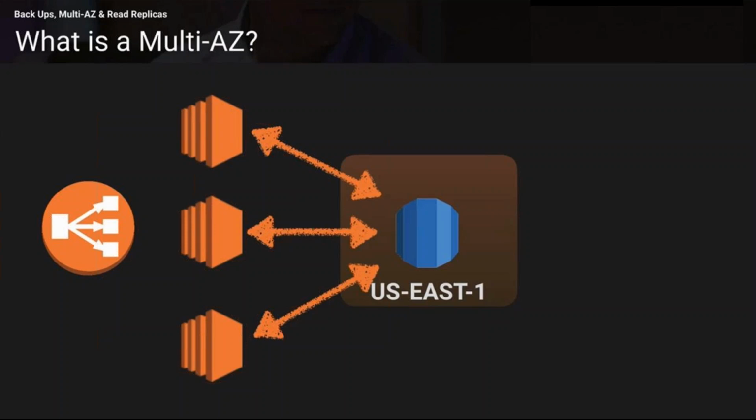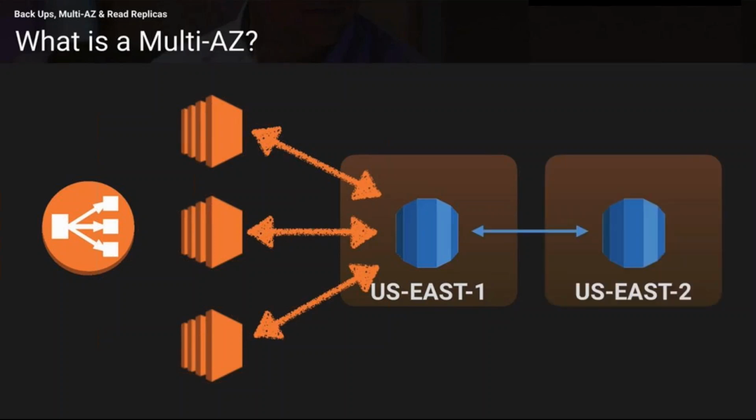There are 2 different copies of my database that get created, right? If I'm trying to create in US East 1A, the terminology of naming is a little different. Usually I have 6 availability zones in US East 1, that is North Virginia. So let's say I'm trying to create the database in US East 1A, and when I set it to be a multi-AZ, it can automatically create one other copy in US East 1B or 1C or 1D or 1E or 1F, and then there will be 2 copies of my database.